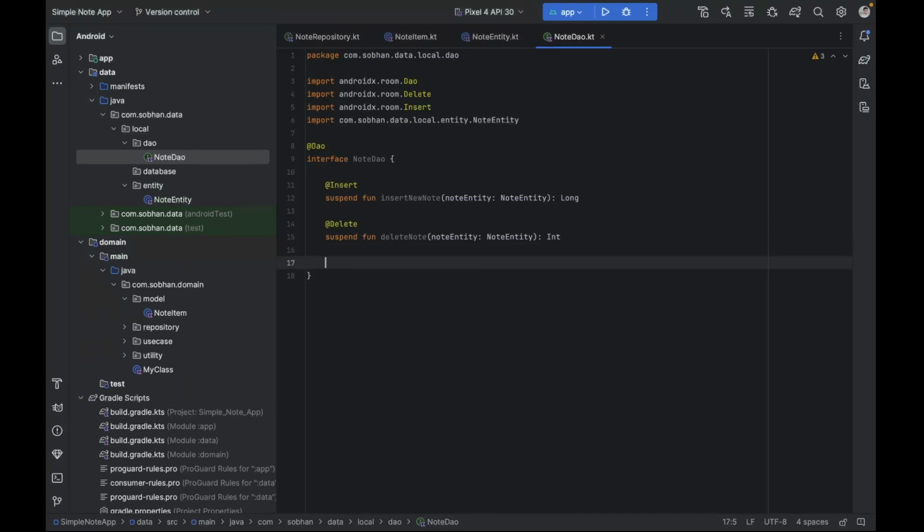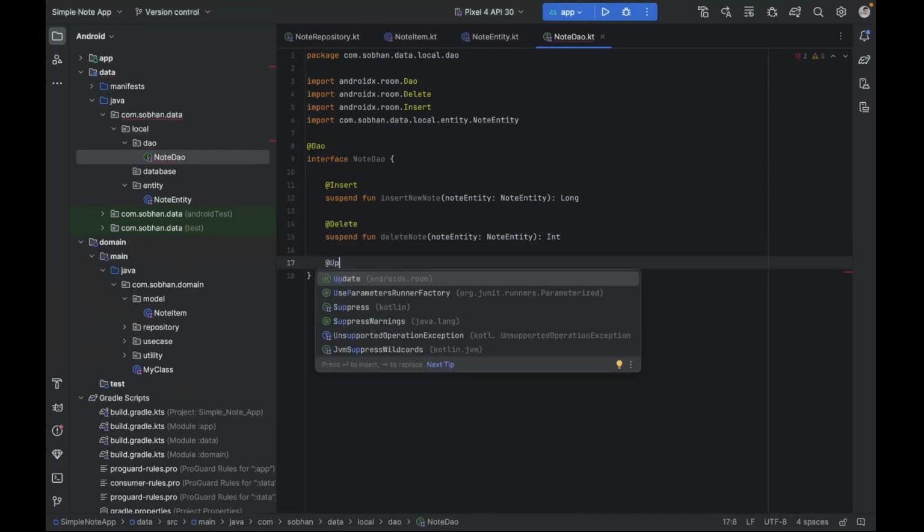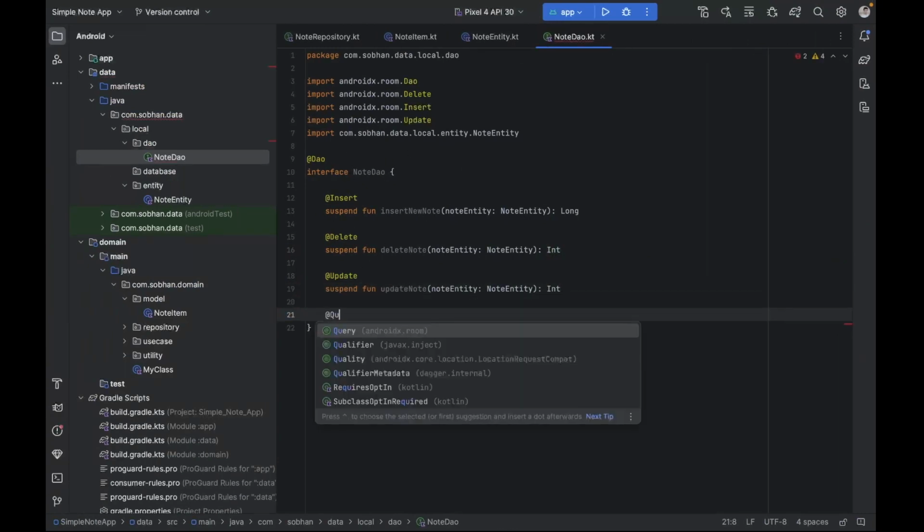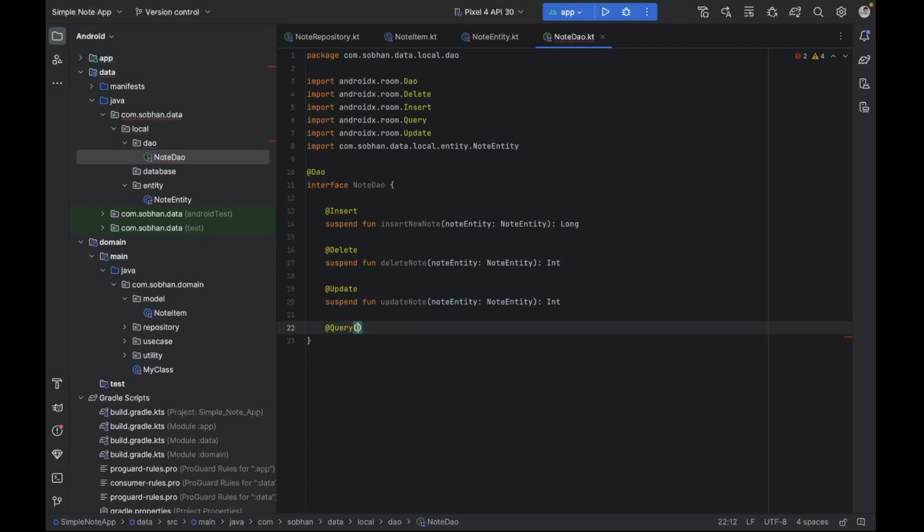Okay, so if we want to update one row, we can use the update annotation, suspend function, update note, and the exact same thing. It will return an integer. The next query which we will have is annotated with the query, and we can use SELECT